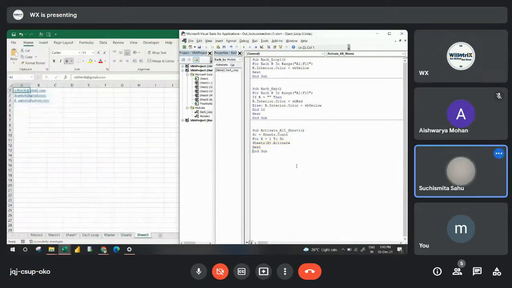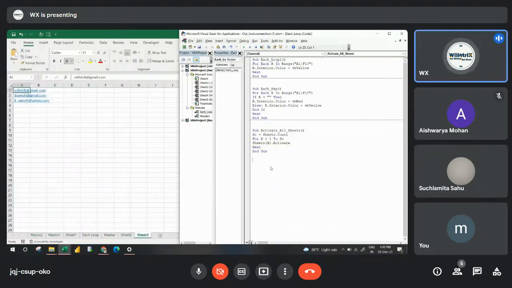Correct? Then the same thing, if I want to do it using the for each loop, how can we do it? Sub Each Loop With Activate Sheets.